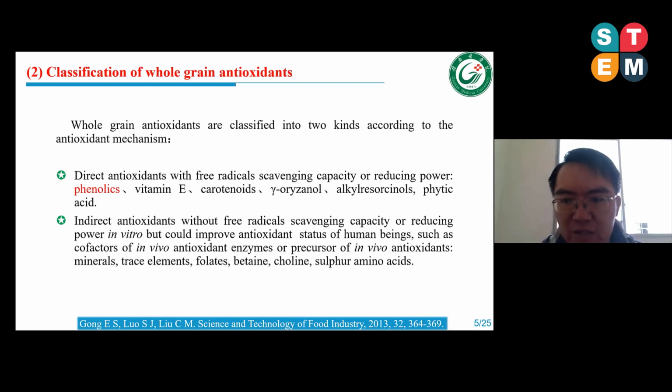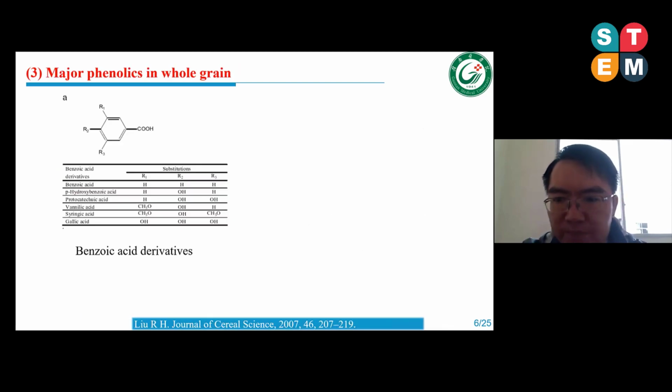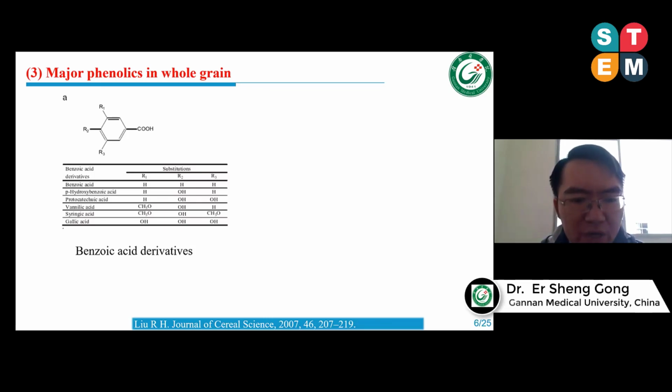The other one is indirect antioxidants, without free radical scavenging capacities or reducing power in vitro, but could improve the antioxidant status of human beings, such as co-factors of in vivo antioxidant enzymes or precursors of in vivo antioxidants, including minerals, trace elements, folate, protein, choline, sulfur, and amino acids. The major phenolics in whole grain are benzoic acid derivatives